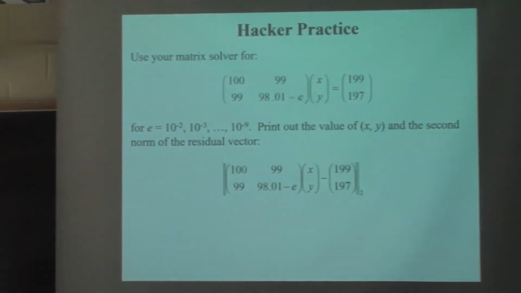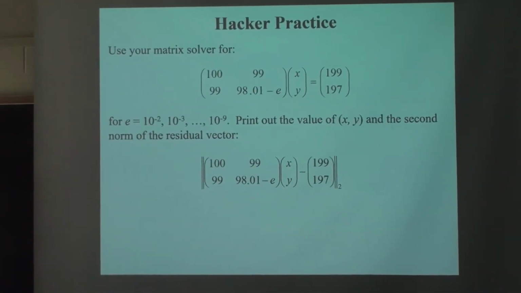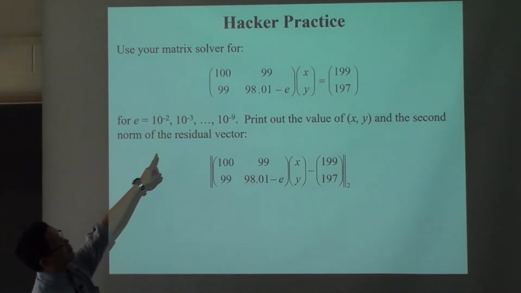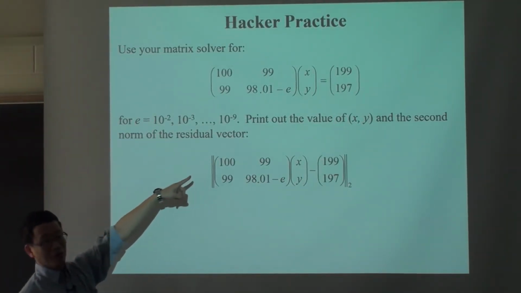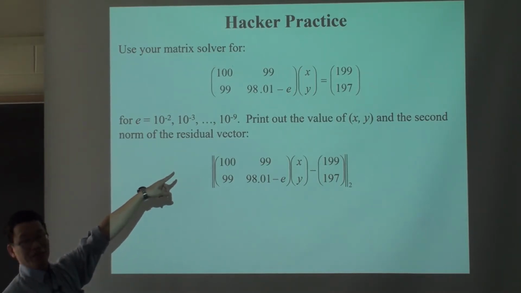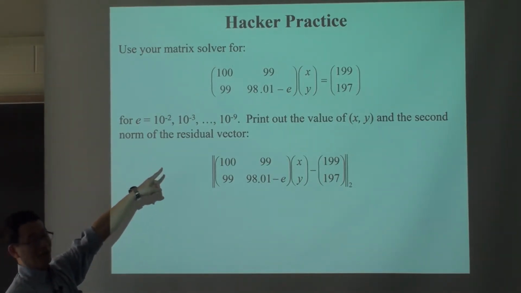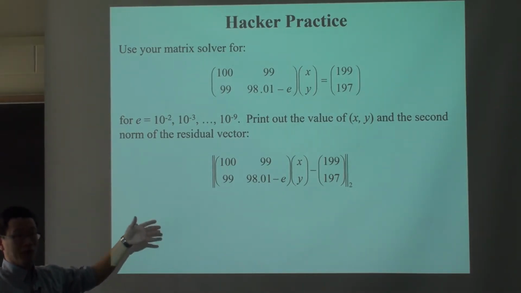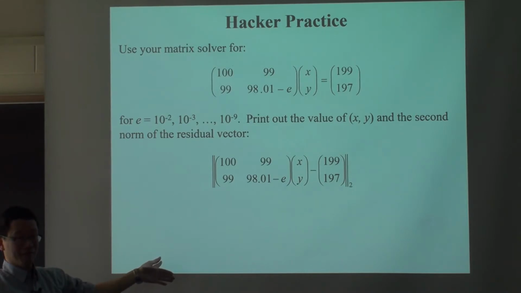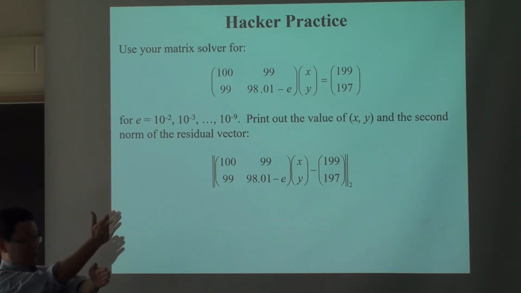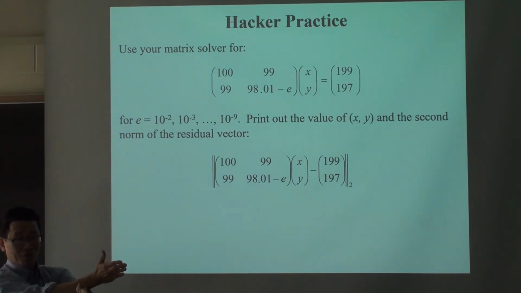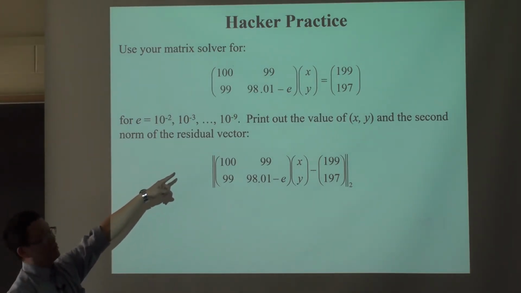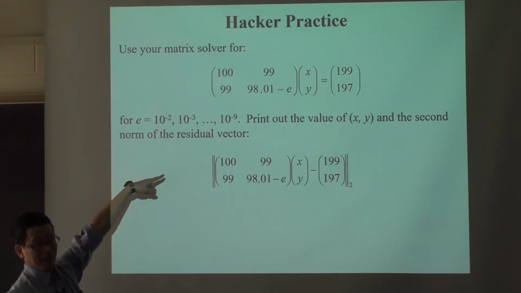Implement this. This should be 5 minutes, not 5 seconds, sorry. The idea is that the first row and the second row, if the epsilon is 0, are degenerate, right? So a solution of a 2 by 2 matrix exists when the matrix is not degenerate. It's the intersection of two lines. When the two lines have the same slope, either they're parallel or there are infinite solutions. So when epsilon goes to 0, the matrix becomes degenerate. Let's test the epsilon.